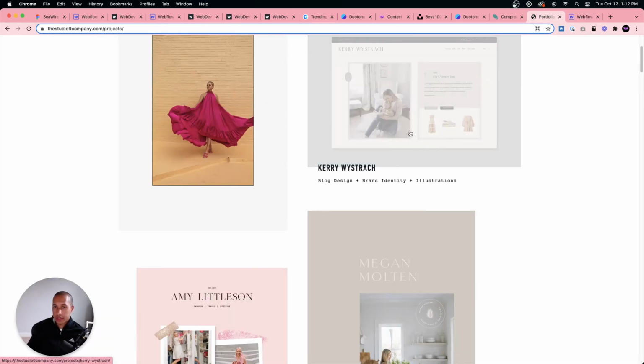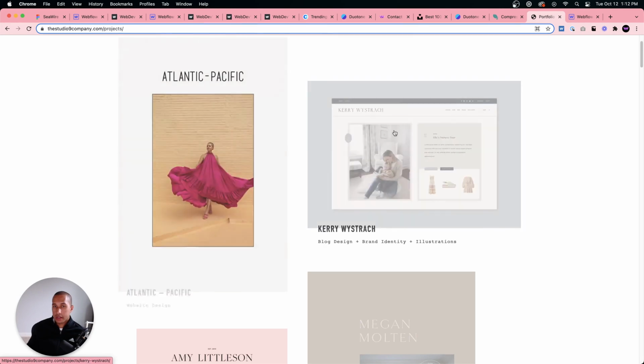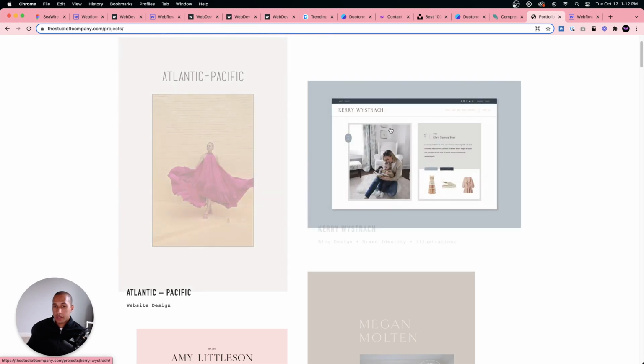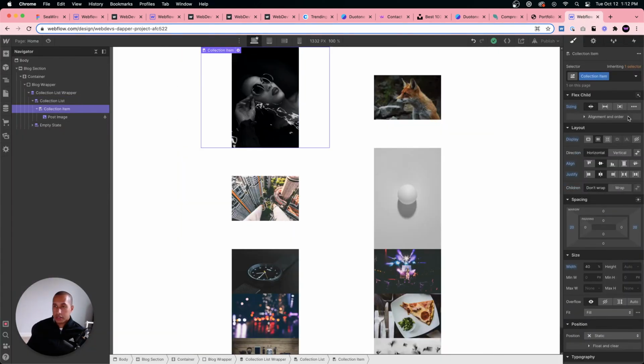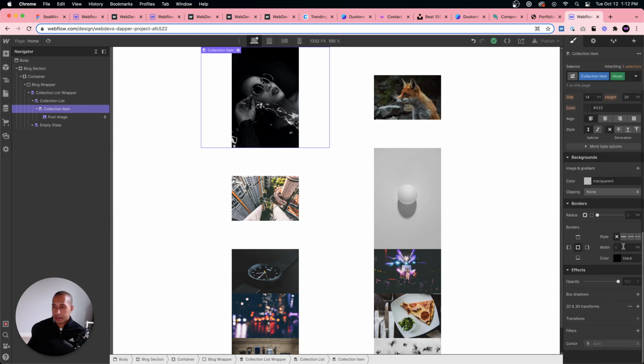And let me just take a look here. For this effect, it looks like we're just changing the opacity on hover. So here we could just say 40%.